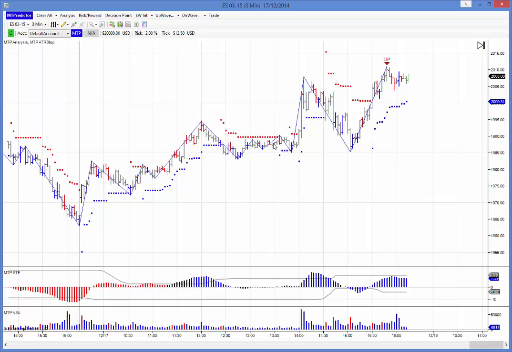So the ES, this is the ES yesterday. You can see it rallied most of the day. There was the Fed meeting at 2 o'clock Eastern time that the market rallied off initially, declined down, then rallied back again. But let's have a look at the 15-minute chart of the ES, because this is what I want to do to